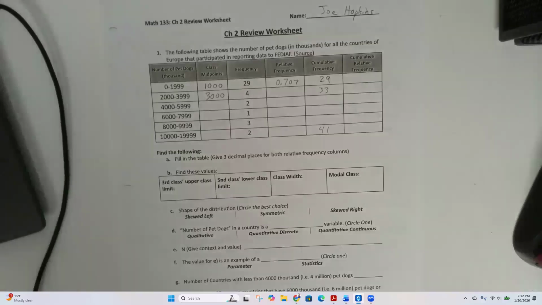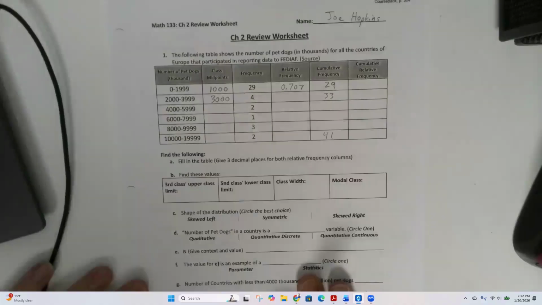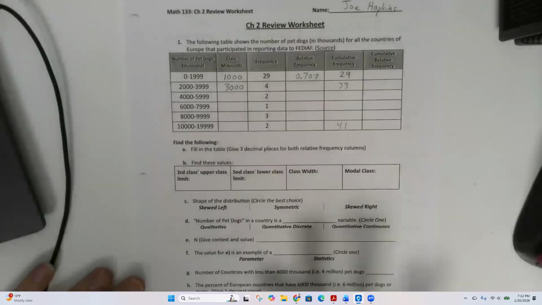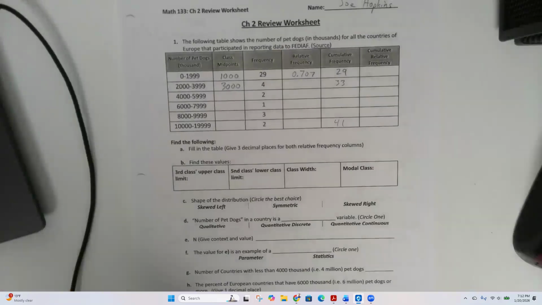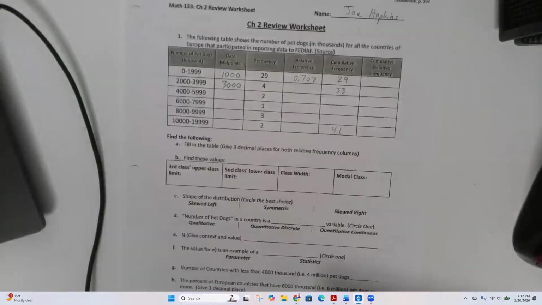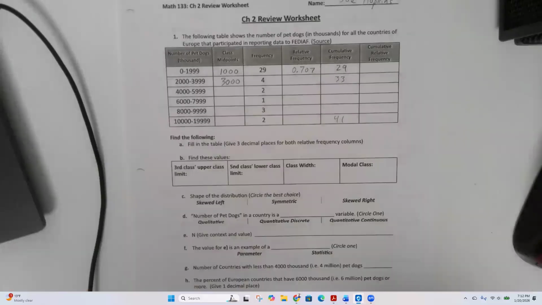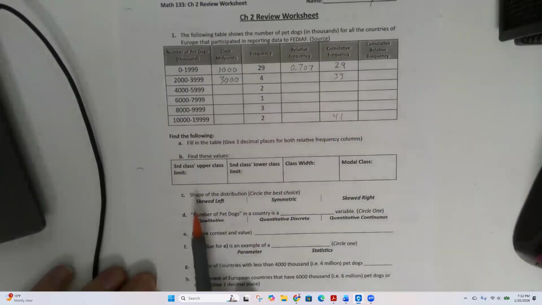All right. So just like with any of our worksheets, I'm going to go over some hints on some of these, and then I'm going to stop the recording, and then we'll go back and we will finish the rest of the worksheet. Okay. So those of you on Zoom today, we're going to do the entire worksheet together. But those of you who are watching this on the recording, I'll go over some of the ones that I think are a little more difficult, but I'll leave the easy ones for you to do on your own time. Okay. So let's skip down to